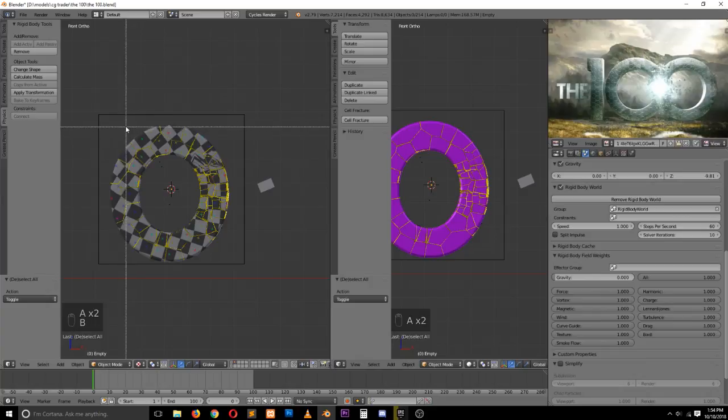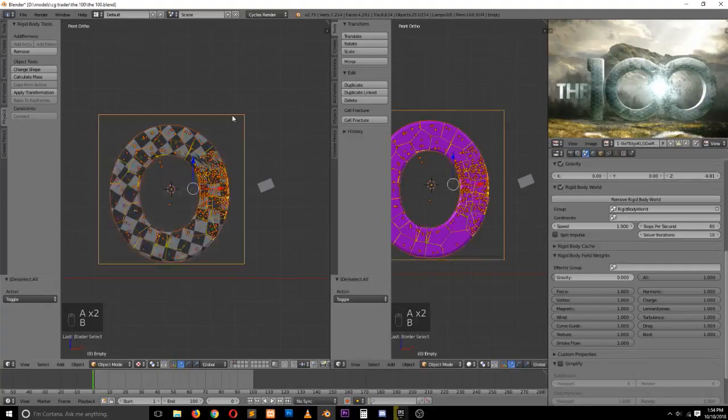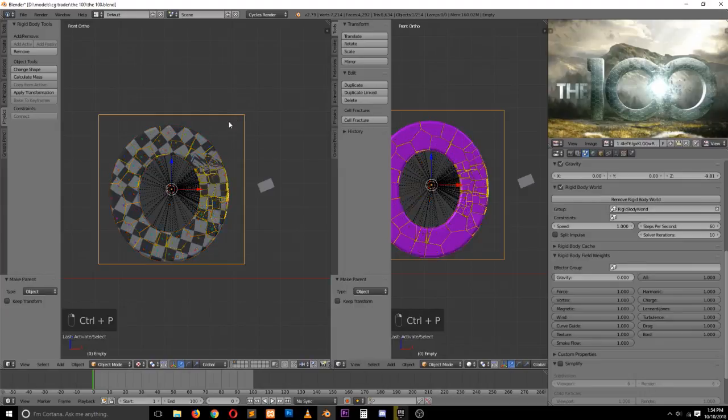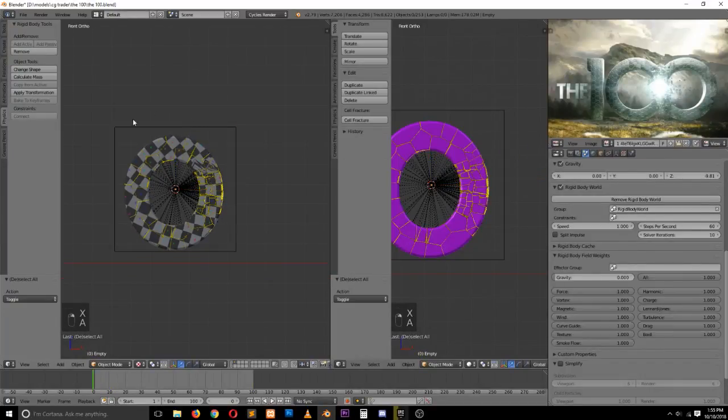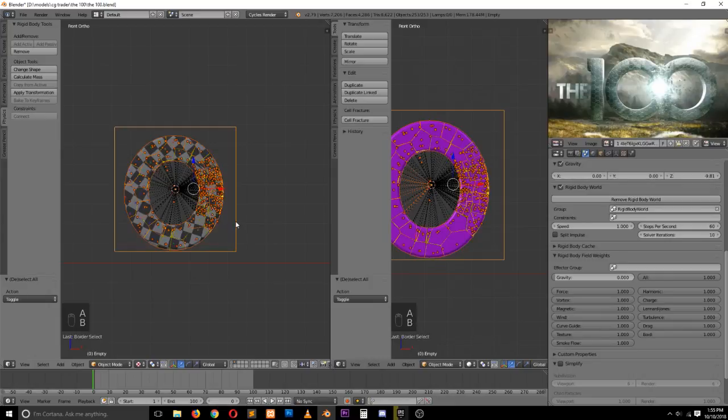Select everything and then parent that to the empty. Now we can move this anywhere we want. We don't need this cube anymore, so we can delete that, and we can duplicate this by holding down Alt D